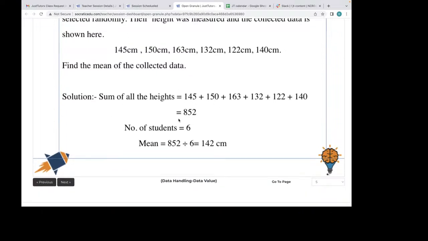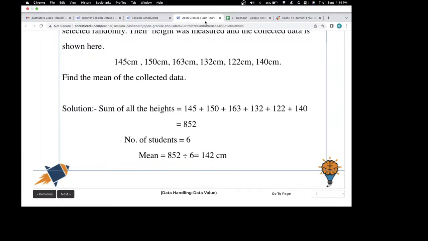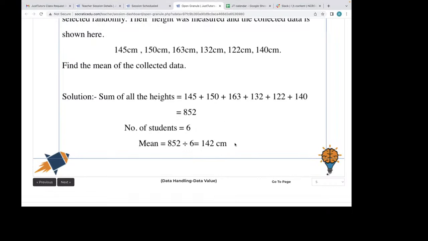So first what we have done is we have added all the heights and we have got 852. Now we will divide this 852, this sum, by 6. So when we will divide 852 by 6, we get 142 centimeters, which is our mean. So we have got our mean, right? So how do we find the mean? First we have to do the sum of all the observations and then we have to divide them by the